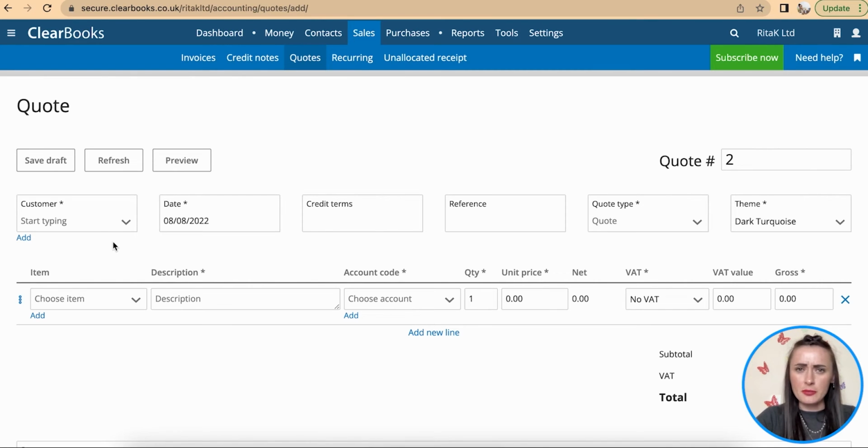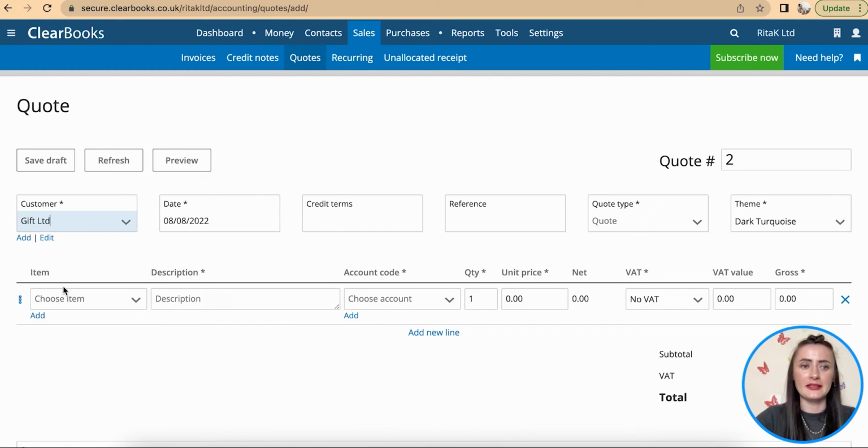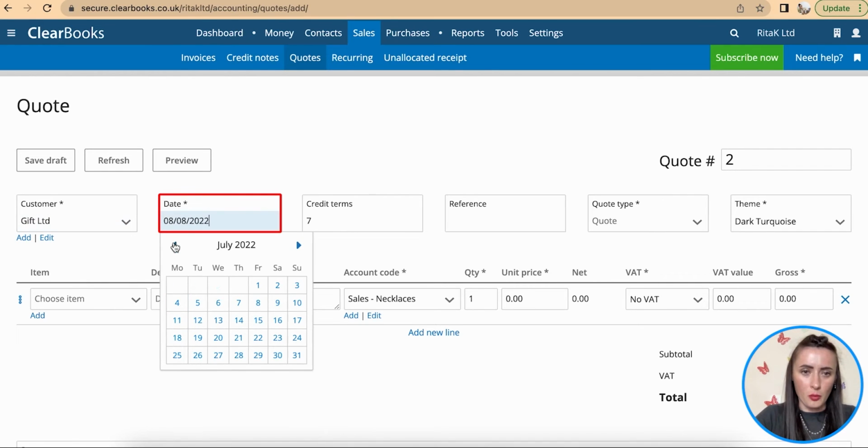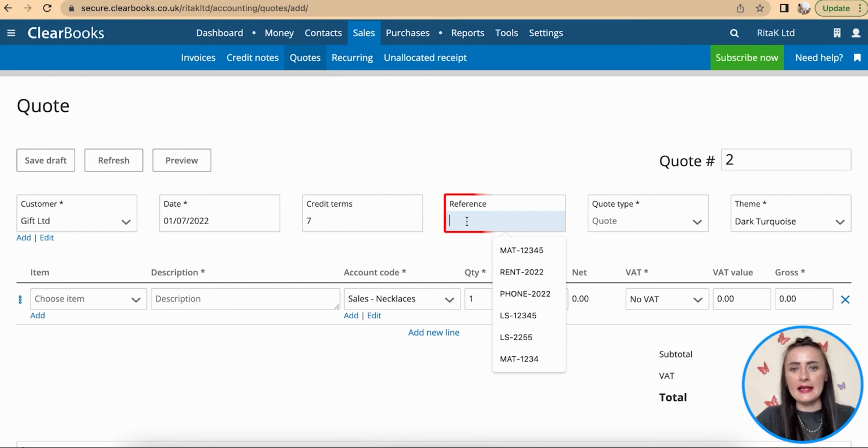So if it's a completely new customer, we will need to click on add and add a new customer, so fill in all details in the contact card. Or if it's already available on our customer list, from this drop-down list we can get it. So in my case, I have Gift Limited already on my list. Select the date of a quote. I will have 1st of July, credit terms is 7 days, and I can add a reference saying